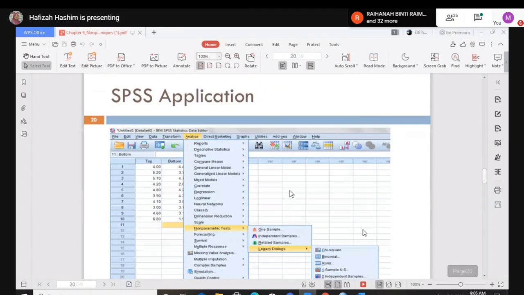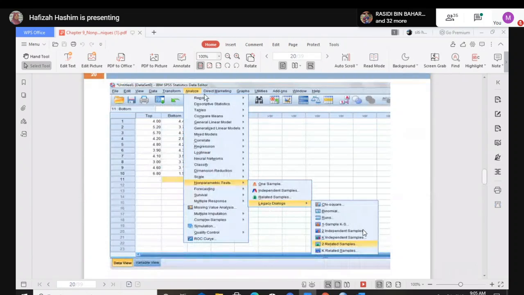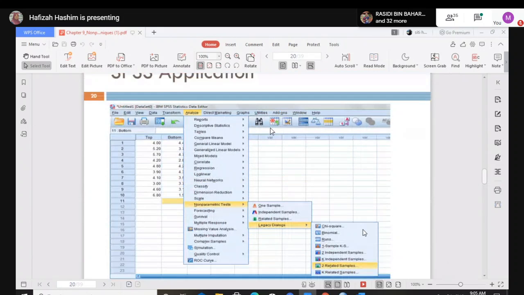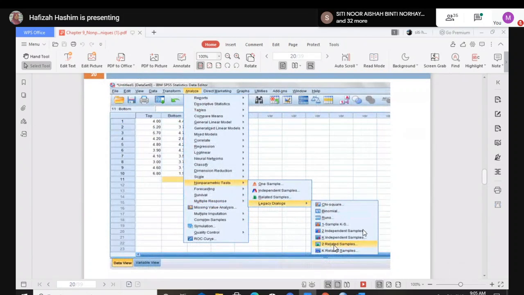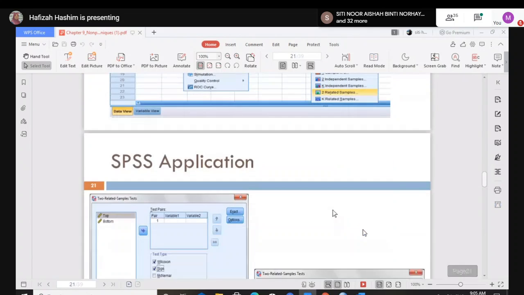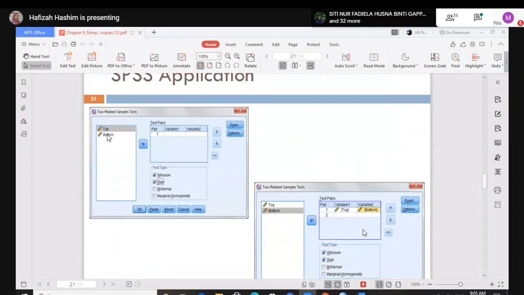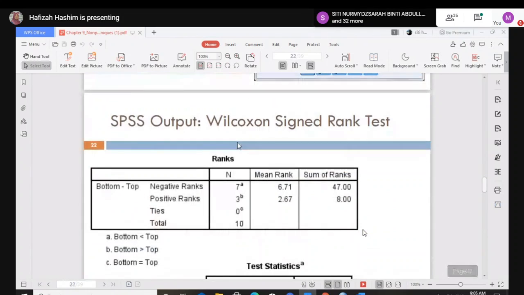Now this is how we are going to do it for the Wilcoxon. Like I said before, we go for the two related samples. Since you only have two values from the same sample, top and bottom, just key in variable 1 and variable 2 and click the Wilcoxon and sign buttons. It will give you two tables.